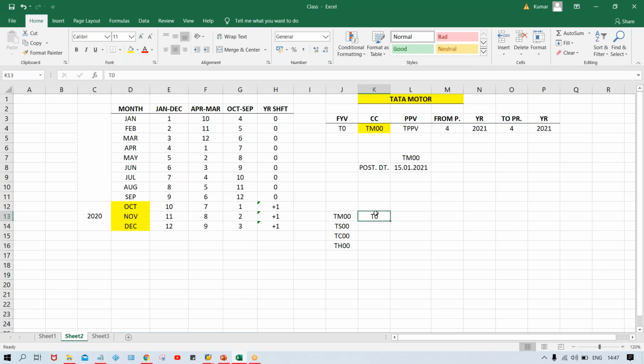So instead of defining four different fiscal year variants, we define only one, that is T0, and the same is assigned to all four company codes. This one is also April to March, this one also, and this one also. So a fiscal year variant is nothing but reusable configuration. Once we have defined T0, it can be assigned to multiple company codes, right?